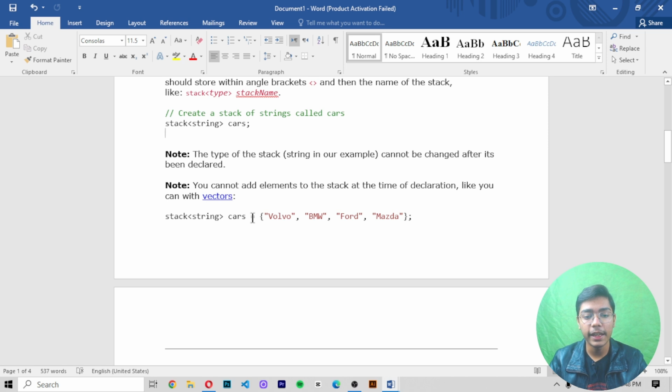Like in vectors we can add elements at the time of declaration, but we cannot do that in a stack. So in a stack you cannot add elements at the time of declaration, and that's the difference between vector and stack. If we move down and see how we can create a stack with the keyword,